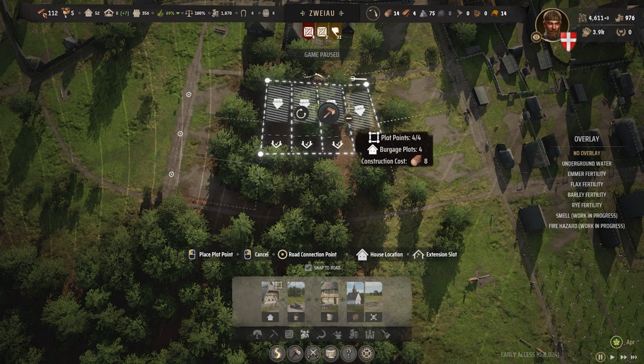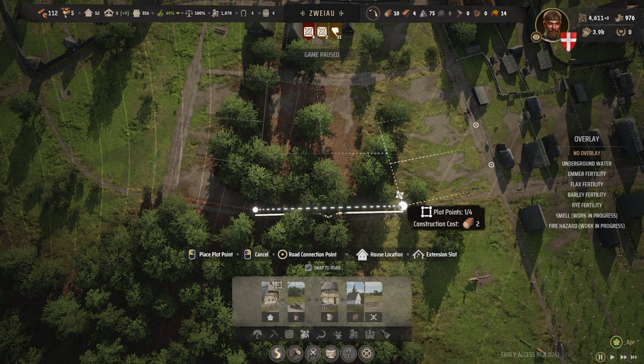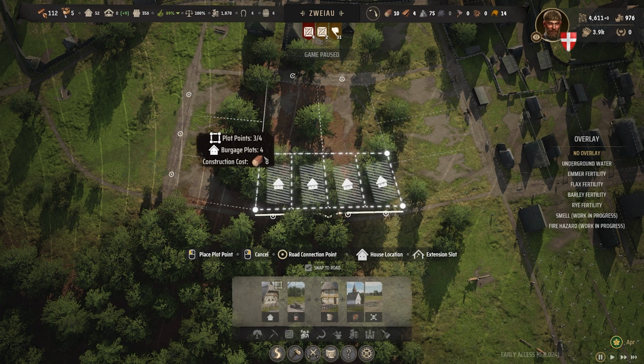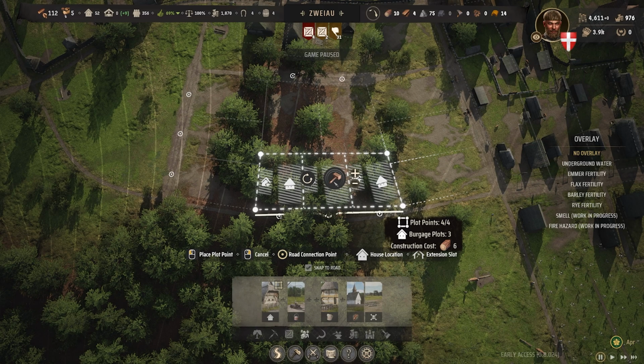We go there and then drop that down in size. And then drop it again. There we go. And this one might be a tough ask. I don't know if that's going to work. No, it doesn't. But what we'll actually do is we'll